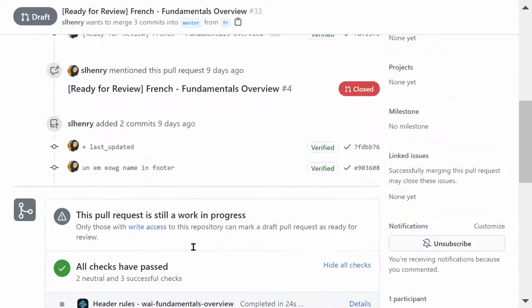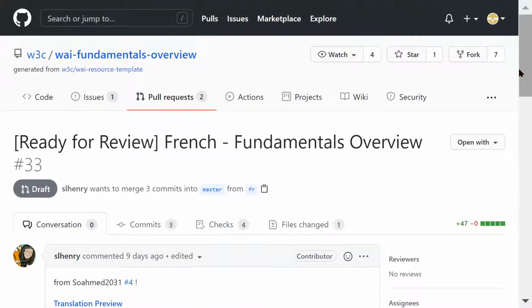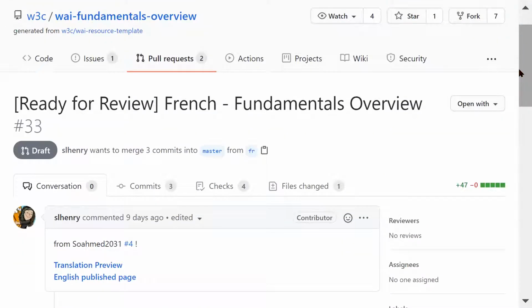Okay, so usually what you want to do when you are reviewing a draft translation is to look at the English original and the translation side by side, whether you do that online or print or whatever. So I have linked here, just for convenience, directly the link to this translation preview and also to the English published page.